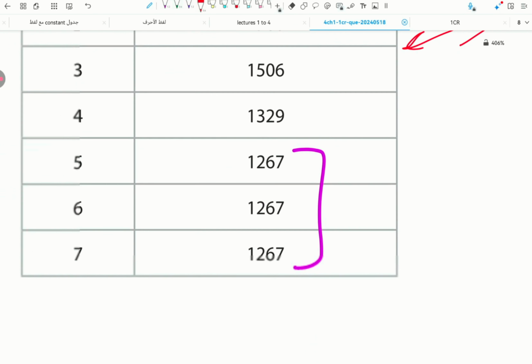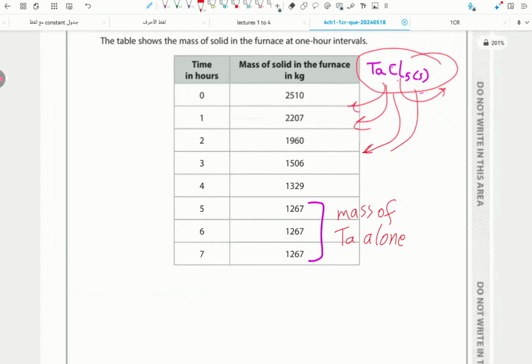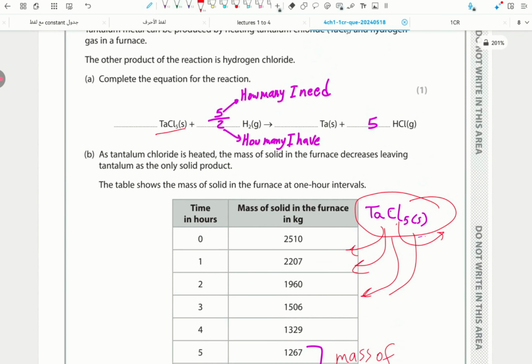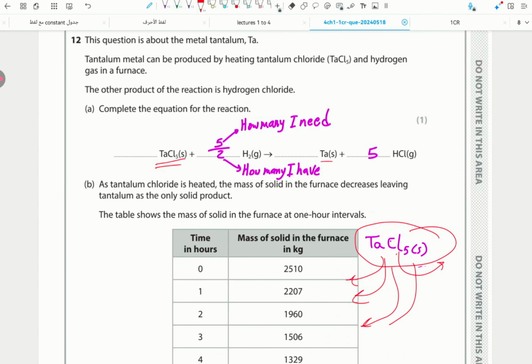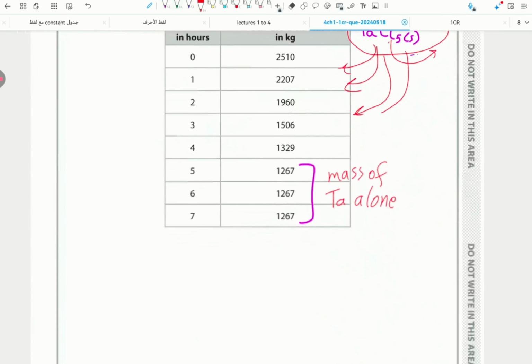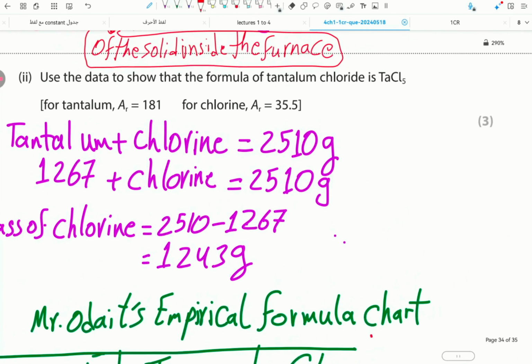When we reach here, this is the mass of Ta, tantalum alone, because the reaction stopped. When the reaction stopped, we understood that we had only tantalum in the furnace because it is solid. The gas escaped. So the mass of tantalum alone was this value,